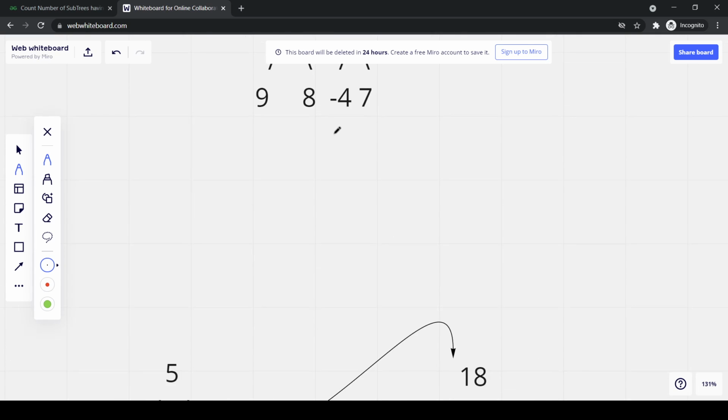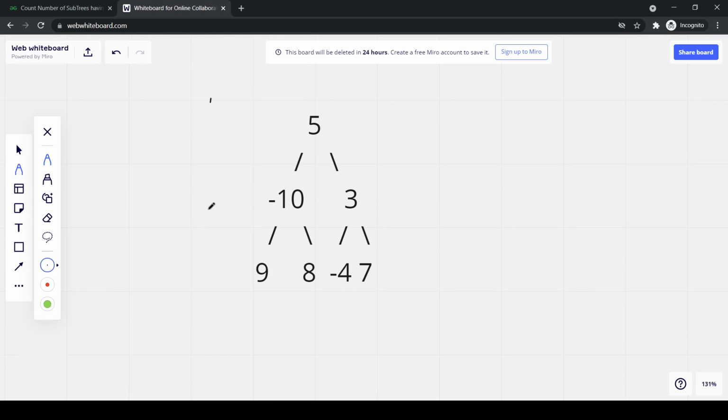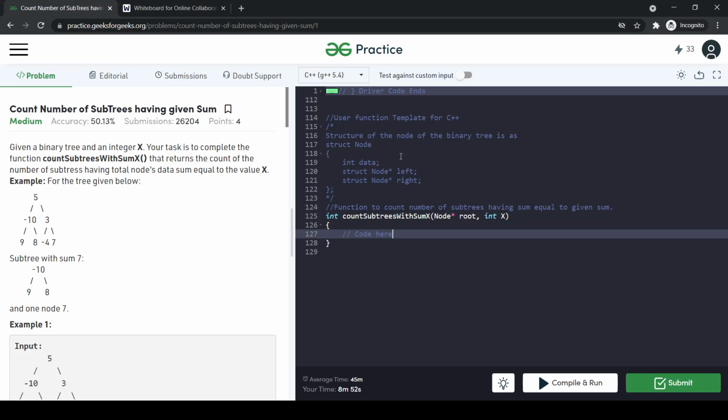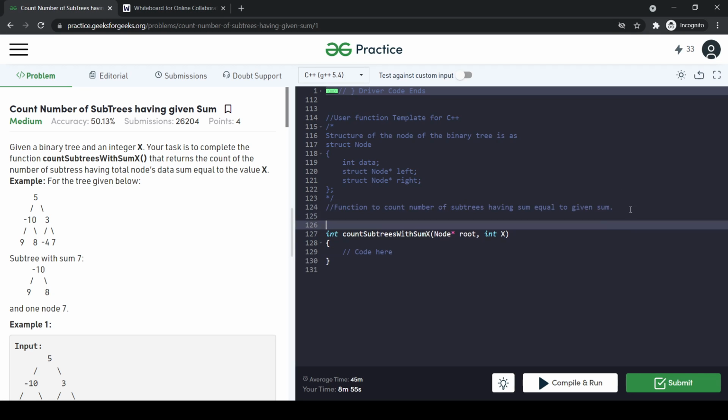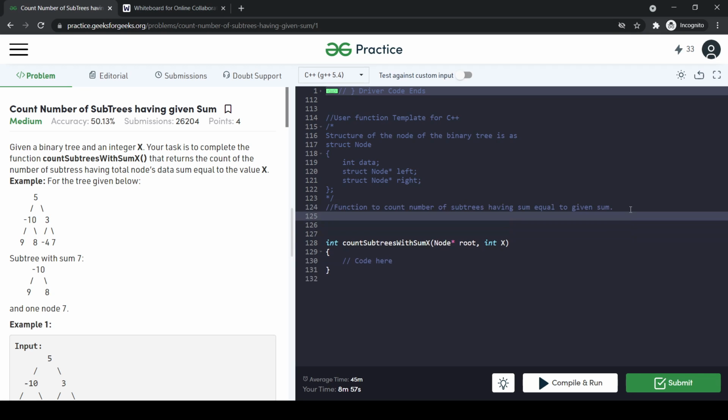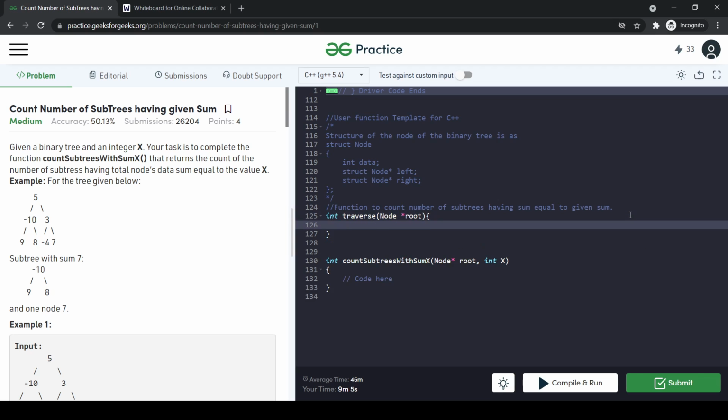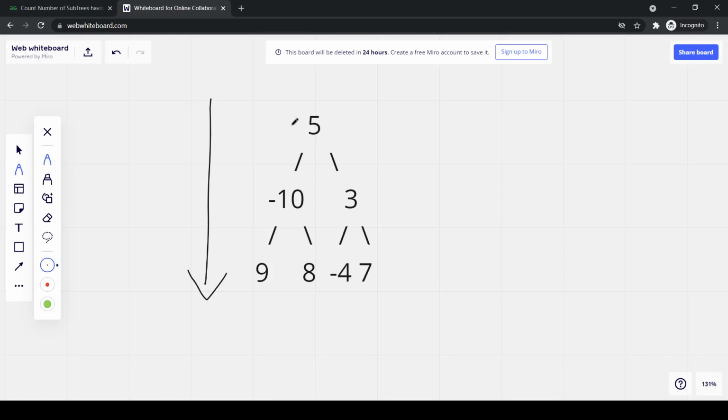First of all, we have to traverse from bottom to up. We will create a recursive function for traversing, int traverse, which will take a root element. See, we have this root element, and we will check its left and right.